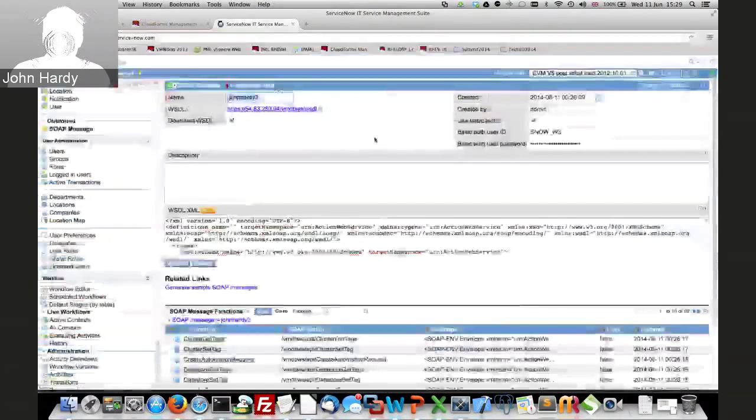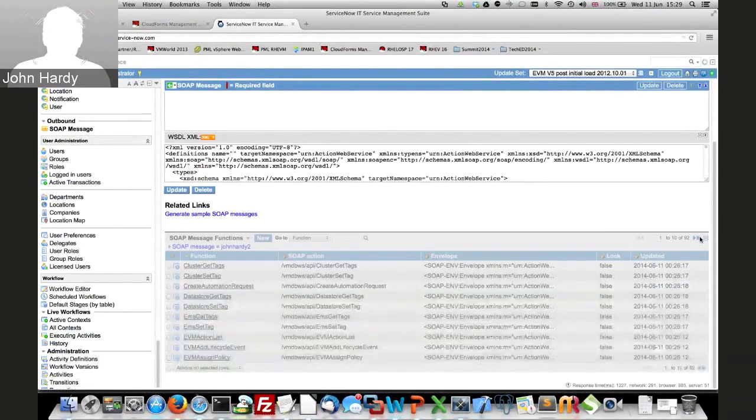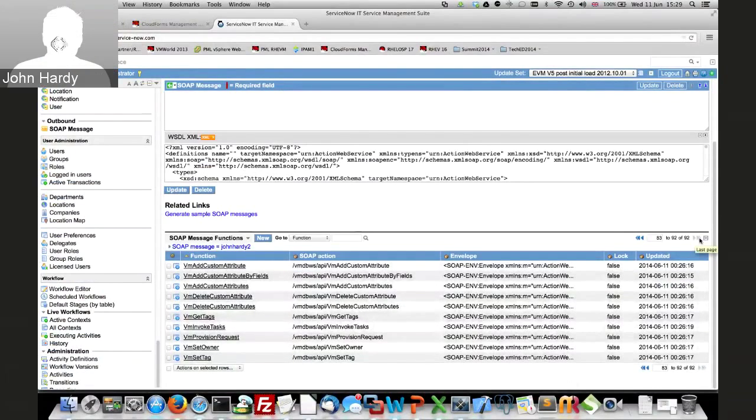So I can tell you now that the quickest way to find that is just go right to the end of the SOAP messages. So in ServiceNOW, click on the last page of functions. And in that last page, you'll find a VM provision request. If you'd like to open that up,